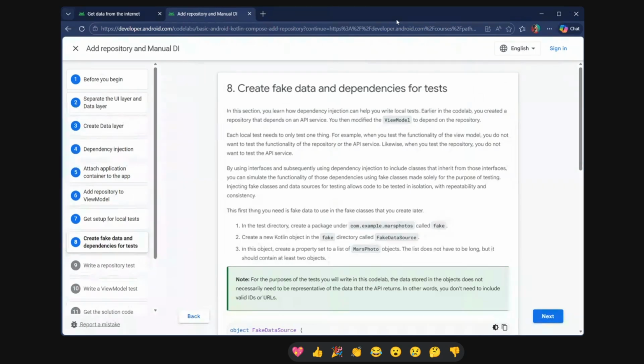Creating fake data and dependencies for tests. So now we'll create the fake data instead of the real API. So why are we using the fake data or fake repository? Why? Because